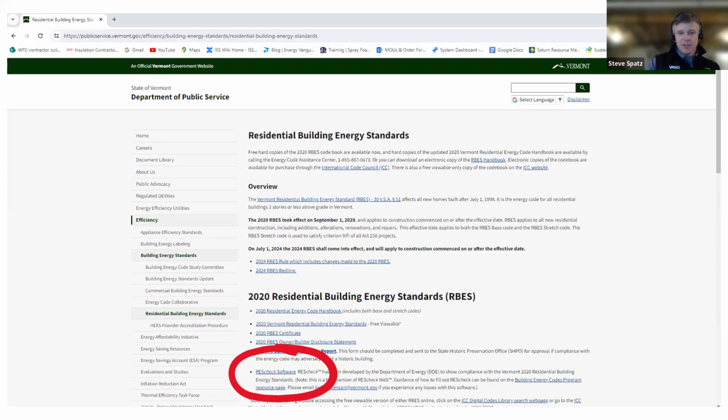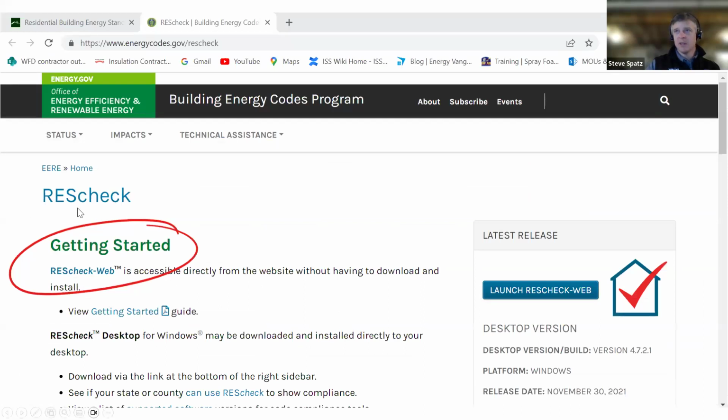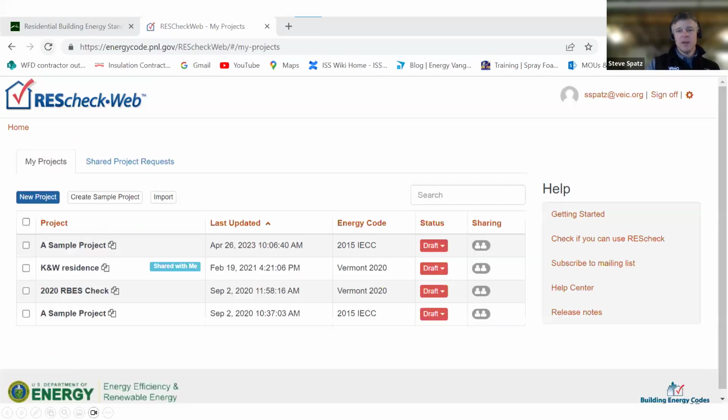So where can you find the ResCheck software? This is going back to the Department of Public Service website, in the section that covers all of the code information that I had a screenshot of earlier in more detail. You can click into the link here, which will take you to the Department of Energy website. And this is then the actual link to the tool itself. There's a guide you'd want to read and look through if you haven't used this before. But once you click into the tool, you'll create an account, and then this is what the landing page of